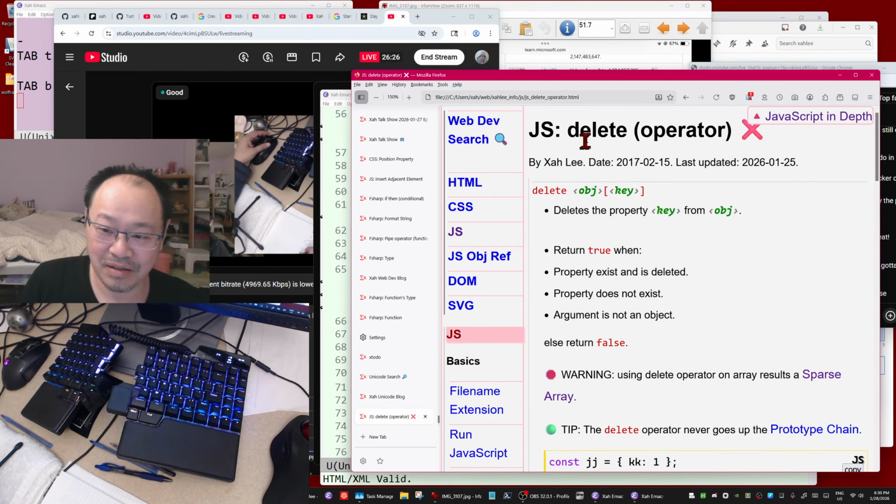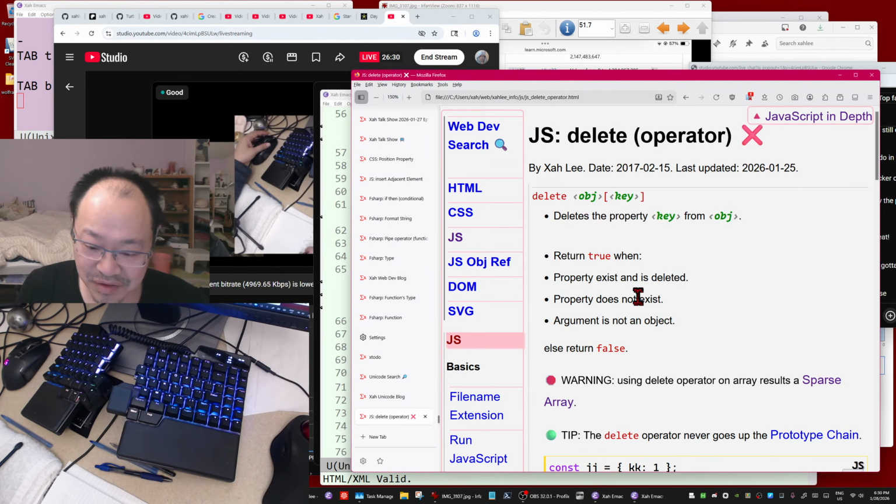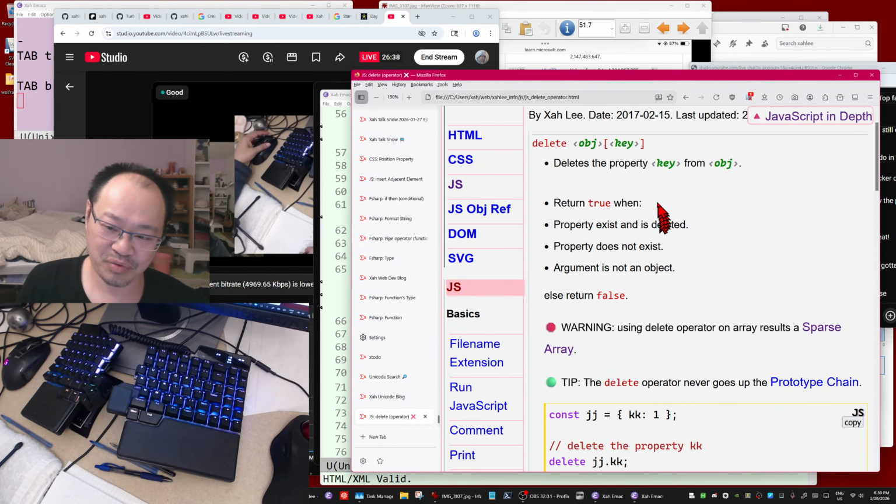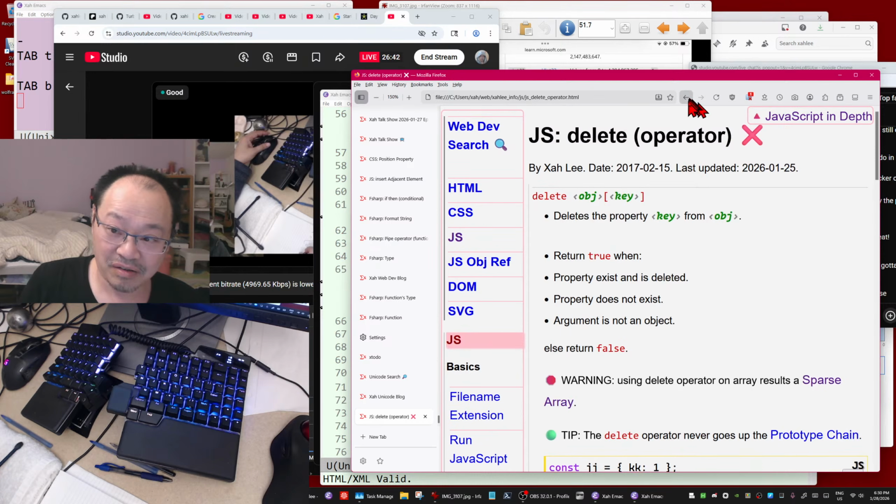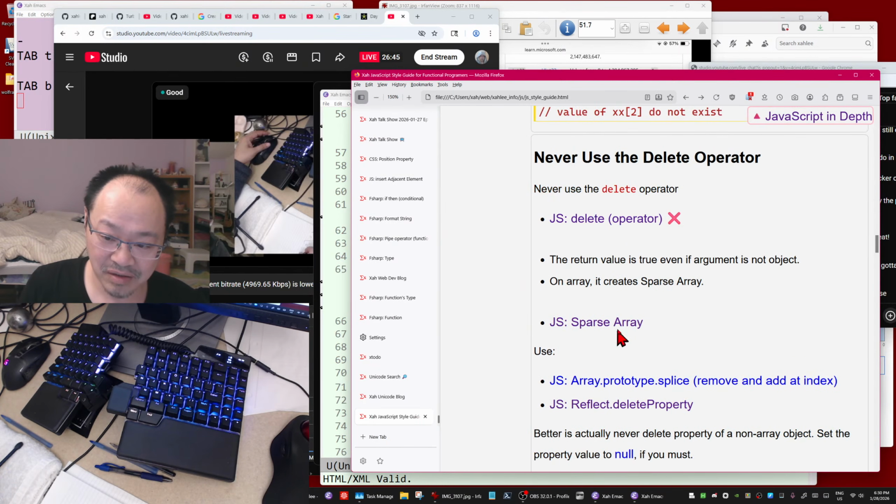Okay, so this is really messed up. The return value is not an indication of success or not. It's useless. It's almost like it always returns true. Whenever it returns false, it doesn't make sense. Okay, so that's why they created